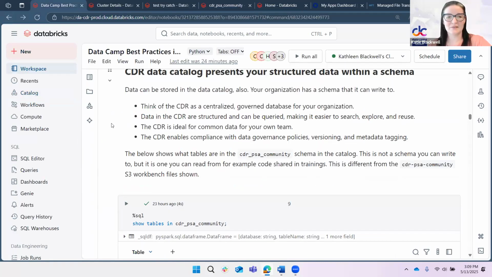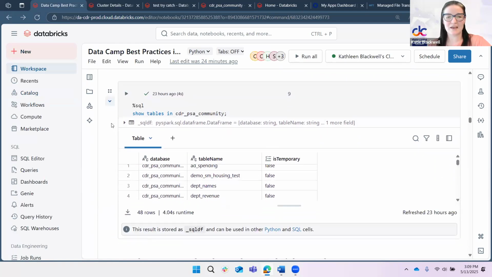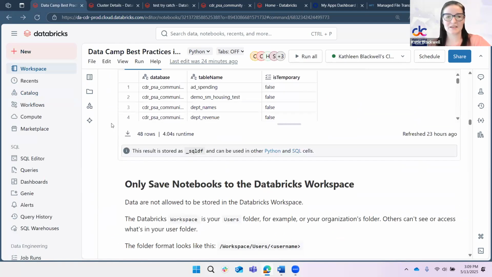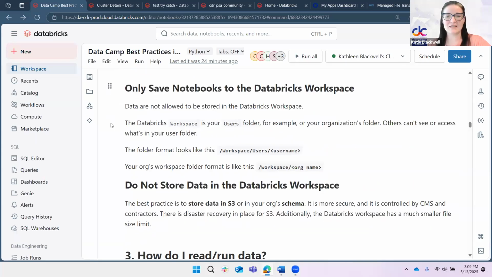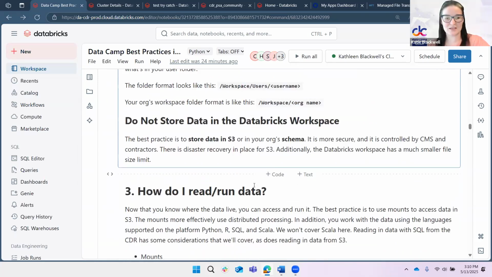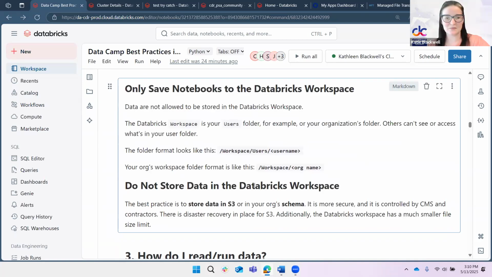And it's really useful to have that structured, centralized place to access things. Again, only save notebooks to the workspace. Those are the workspace in Databricks. It'll start with workspace in the path. You have a user folder. There is a little more information in, sorry to scroll up and down on you,